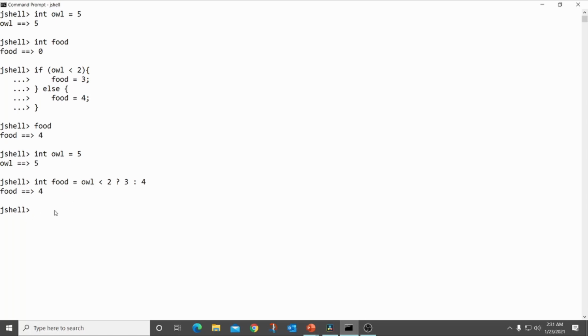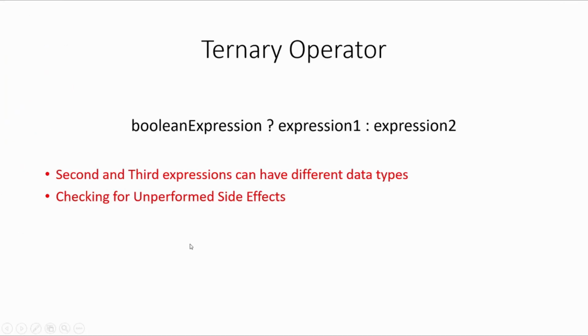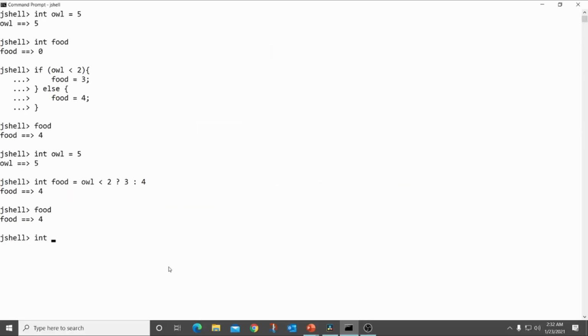All right, or if you can in your main method also check what is the value in the food, so it is 4. All right, remember that second and third expression, which is expression number 1 and expression number 2. All right, so this is first, second, and third, and here the second and third expressions means these expressions can have different data types. I can write int stripes equals to 7, and then if I say